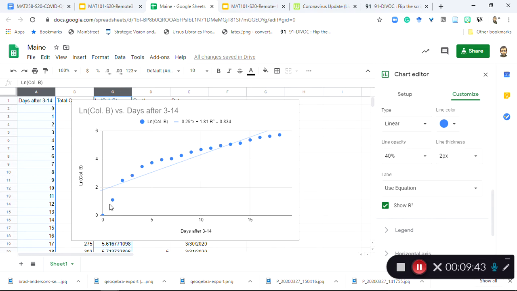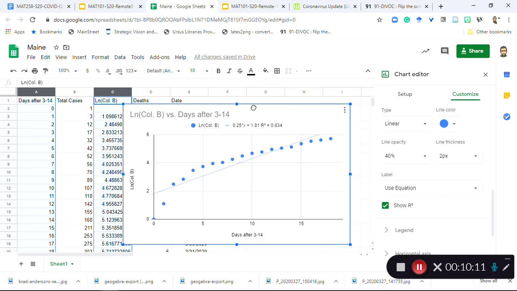Now, why is it different? Testing. Maine still only has enough supplies as of Tuesday, March 31st, to conduct about 3,000 tests. There's various chemicals you need to do the test. We have a limited supply of them. So testing is being done very carefully. So as we test more, we might find more. Maybe we weren't testing very many before. There's a number of explanations.